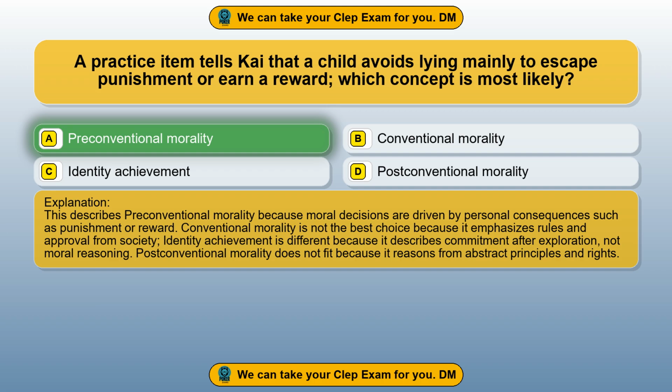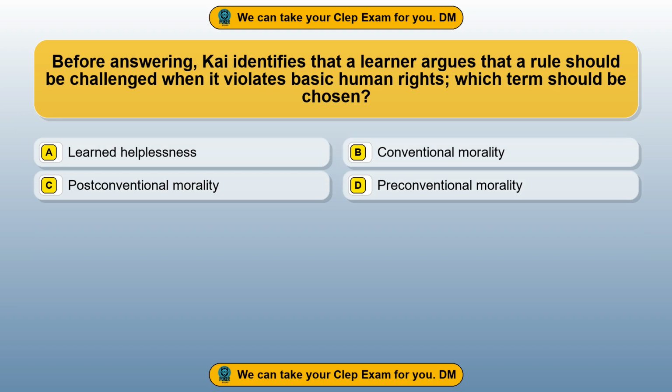Identity achievement is different because it describes commitment after exploration, not moral reasoning. Post-conventional morality does not fit because it reasons from abstract principles and rights. Question 23. Before answering,